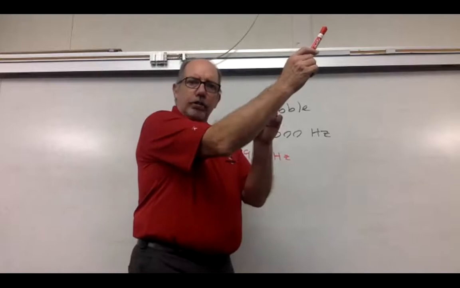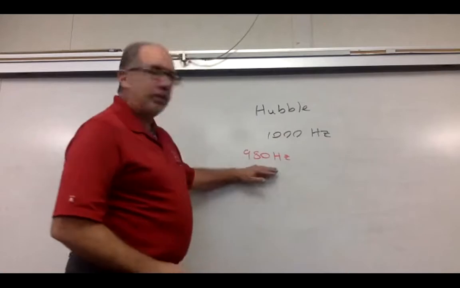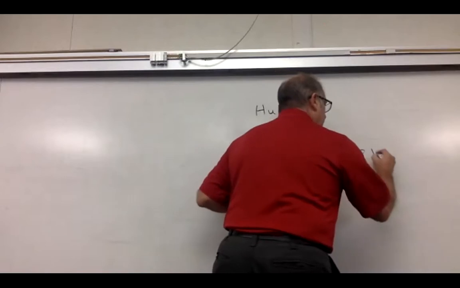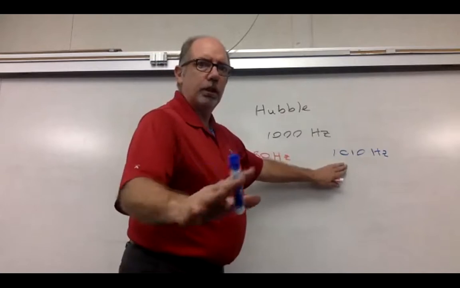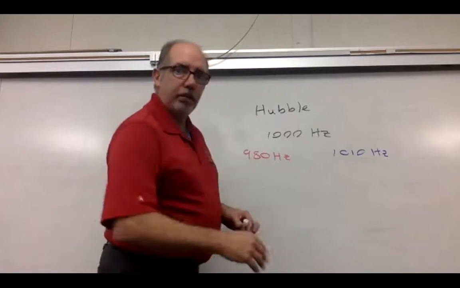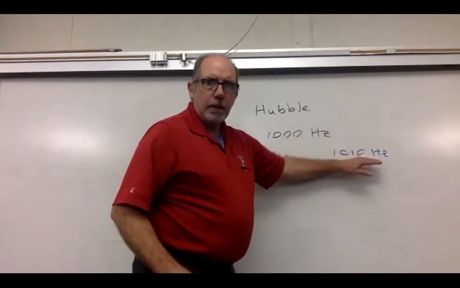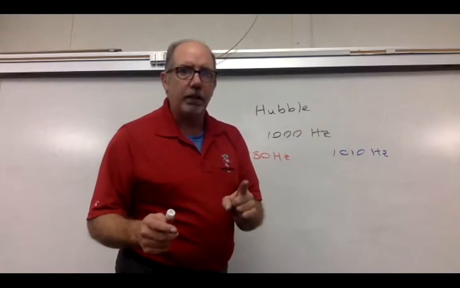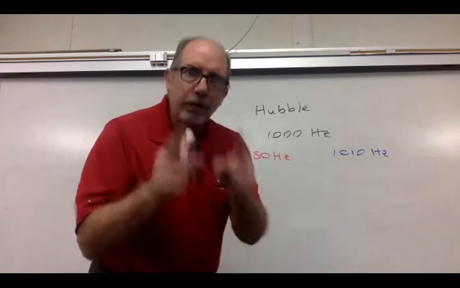And then he looked at another galaxy, same thing. Then he looked at another galaxy, same thing. Then he looked at Andromeda. Oh, that was 1,010 hertz. Andromeda is actually moving towards us. In fact, we're on a collision course. In about 4.5 billion years, we're going to collide with Andromeda. Never mind, I'll say that for astronomy class. But there were a very few galaxies that are moving towards us. But the vast majority, when I say that, I mean well over 90%, well over 90% of the galaxies were moving away from us. Now, how did he know that?